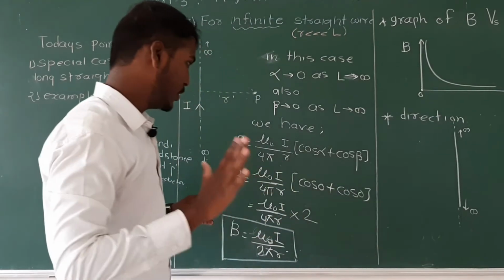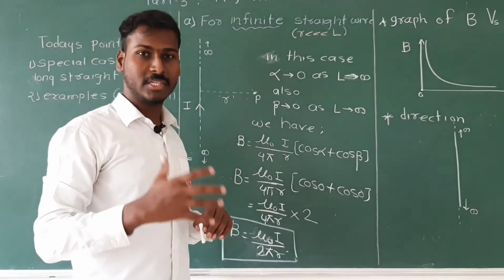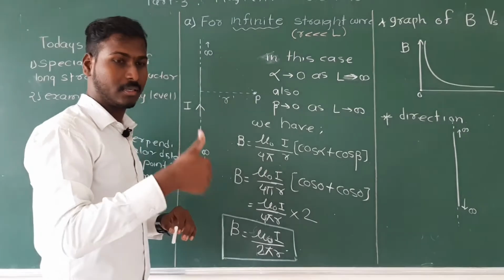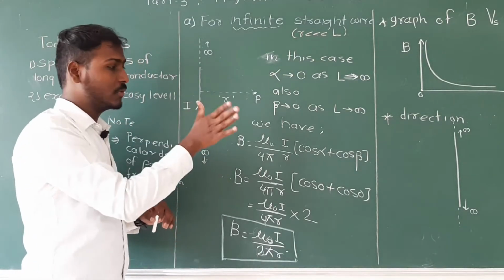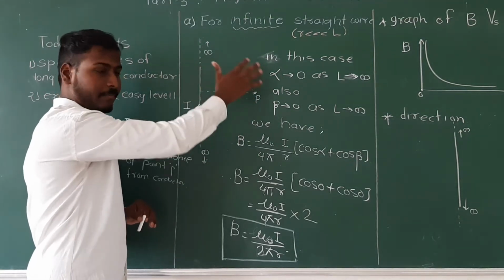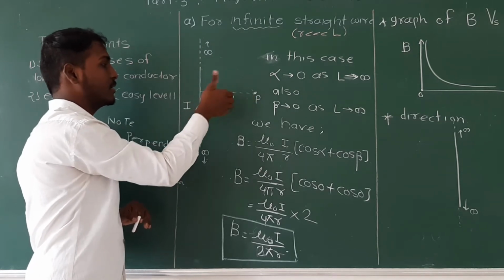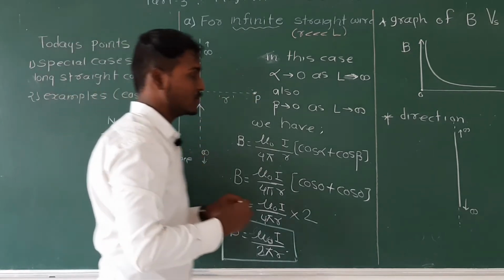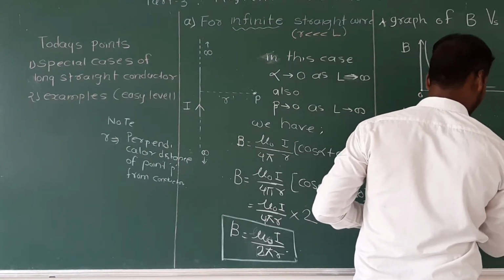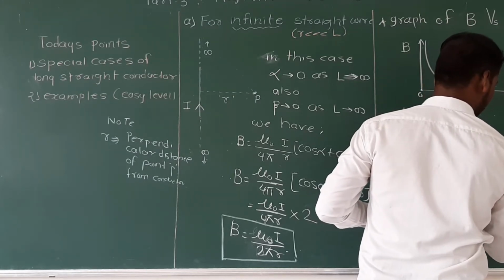Now I have already told you the right hand thumb rule. At a point P, if you want to find out the direction of magnetic field, do one thing only. Whatever the current is there, just put your thumb in that direction. So you can see, on this plane, right side of this conductor, your fingers are going inside the plane. That means here magnetic field is going inside, and when it is going inside, we draw cross symbols.